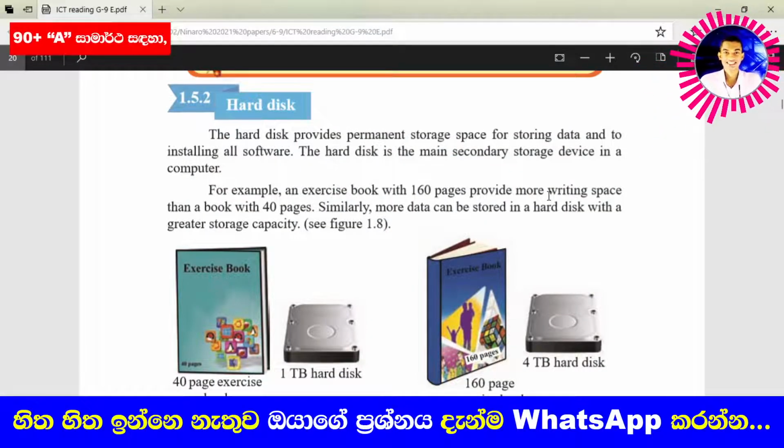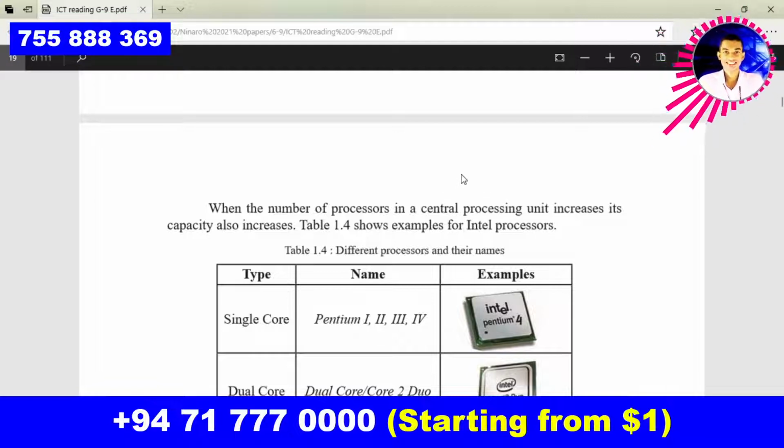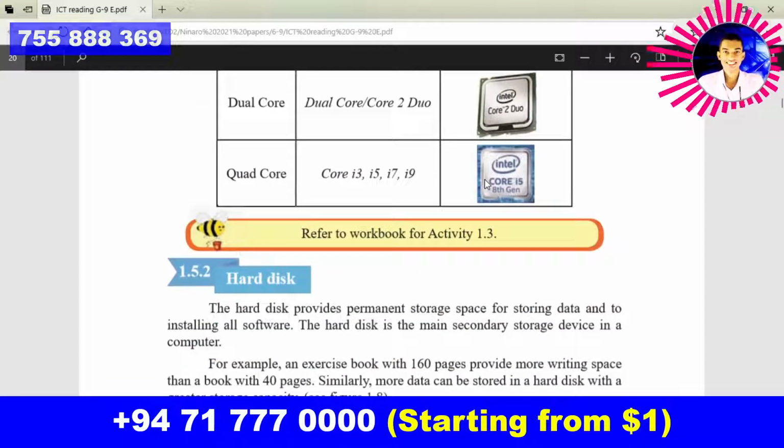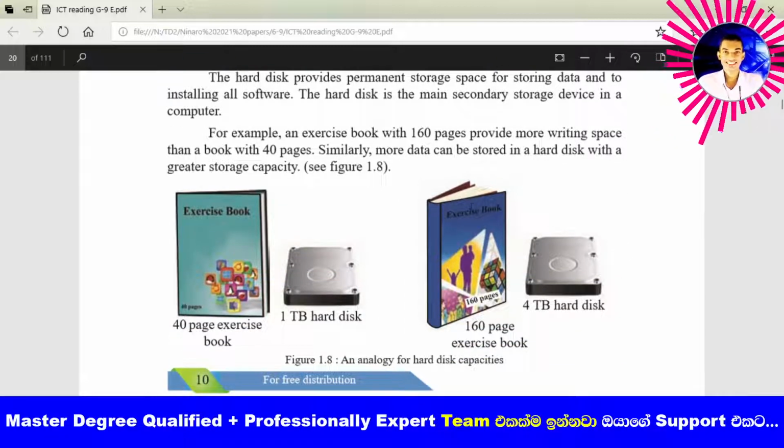Last video we discussed the processor and the specification of computer peripheral devices. So today we have to discuss the computer hard disk. Actually, we can use the computer hard disk to store our data. It can come in various types of